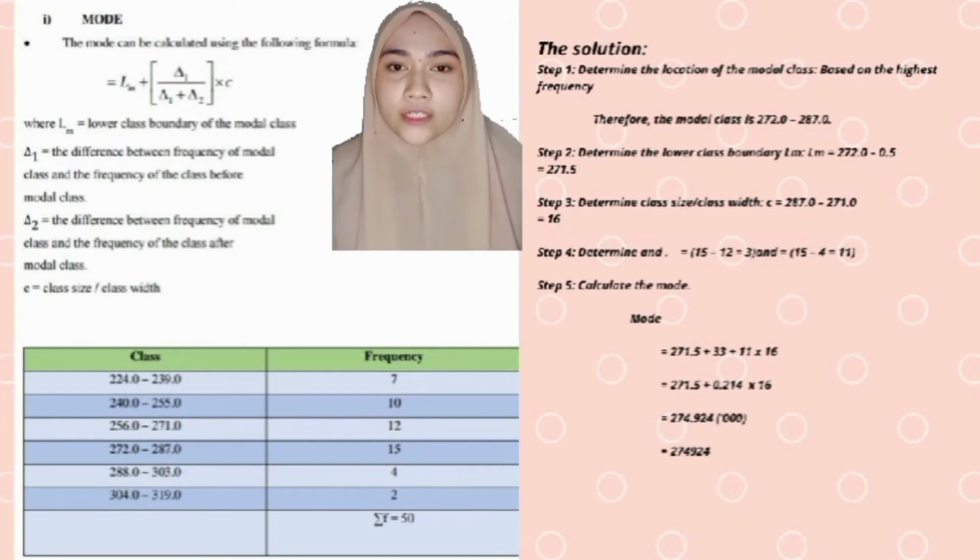So we showed how to calculate for the mode. You can see from this slide. This answer we get from using the formula L plus bracket d1 divided by d1 plus d2 bracket multiplied by c, which is 274.924. We can conclude the mode of the current price of bungalow for a given size in Kuala Krai, Kelantan was approximately